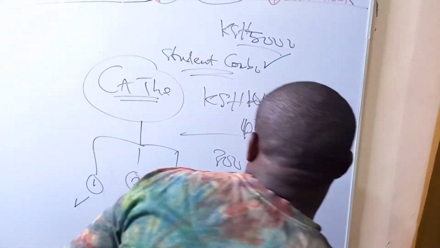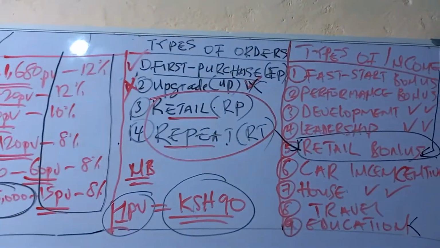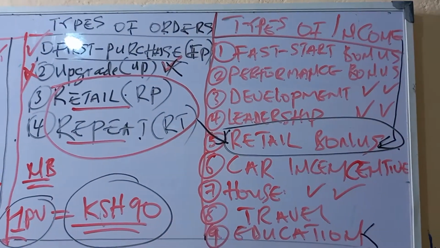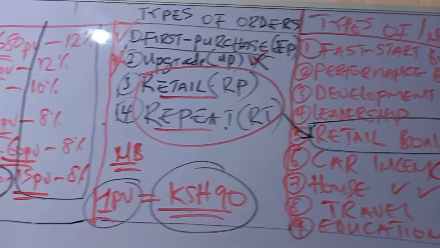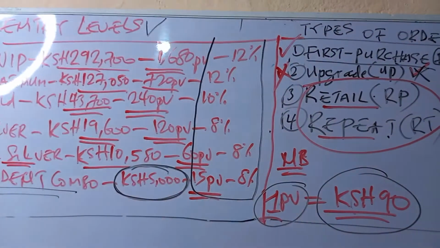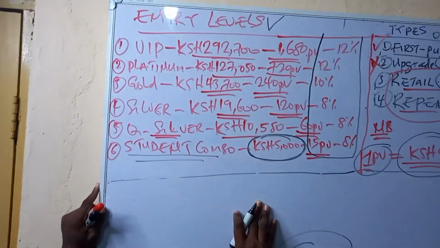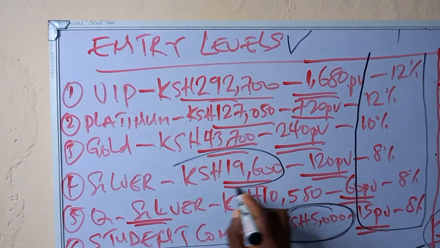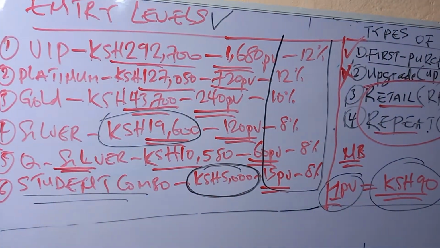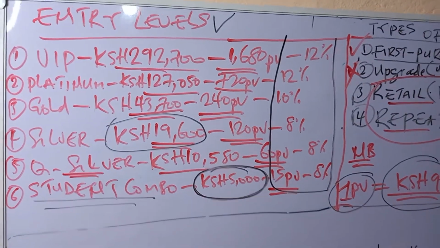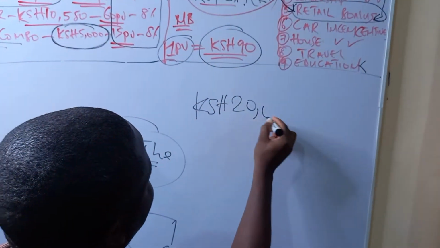But now let's look at another example. Please take note, if peradventure I'm a bit too fast, kindly rewind the video, go back and get it properly. Don't just skip it. So let's say maybe you have a partner who is doing the silver combo. Or no, let's mention a random number. Forget about the entry packages there, they are not compulsory. Maybe you have somebody who wants to become a partner with 20,000